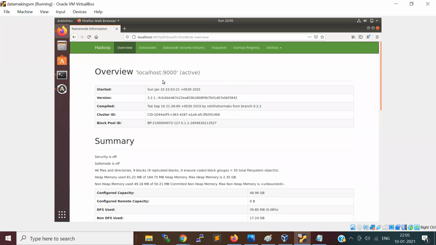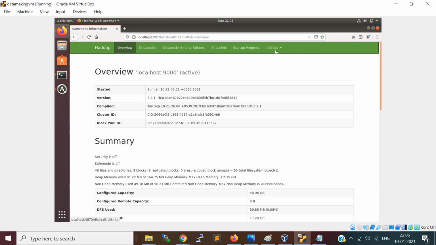It says this is my name node at the RPC port. All the processes will be listening on a particular port, right? So if you are connecting to the name node from outside your cluster, you need to use this port to connect to HDFS to write or read a file. So this is the web UI for name node.